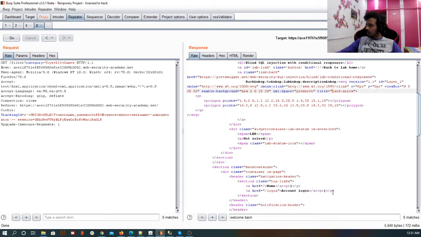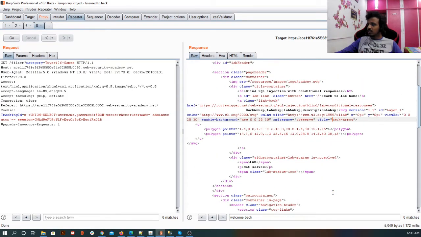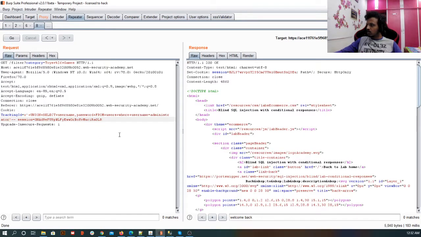So it is not giving us a result. Does it mean the administrator doesn't exist, or is my spelling wrong? Let me copy the administrator spelling and write it here. Where username is administrator. Go. I think I am forgetting something here. Let's see. If I hover on this, select username, password from users where username is administrator.